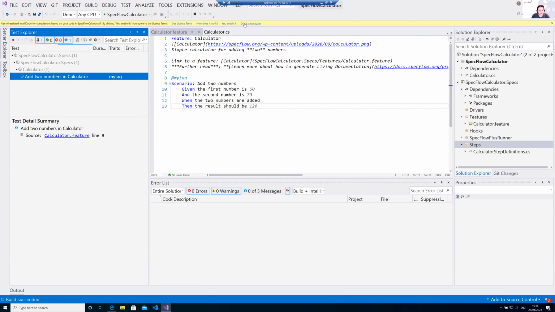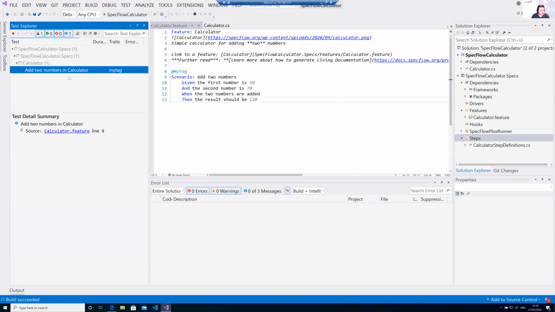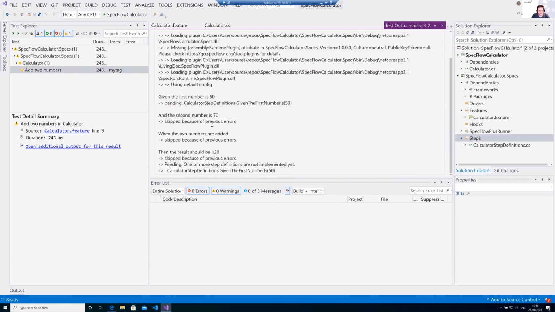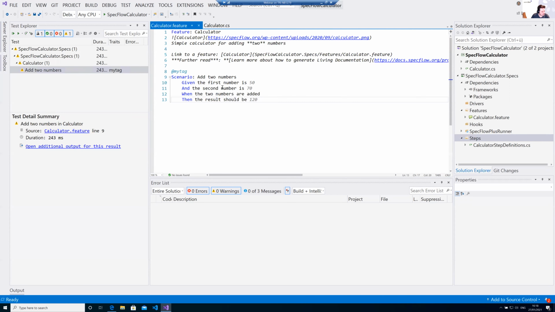And now we should get a yellow result. And when we have a look here and open additional output, we see the output of the test, and when SpecFlow tries to execute the different steps, we see there's pending and skip because of error, so nothing gets executed. So the next step is that we automate